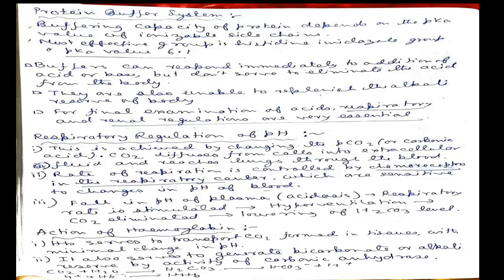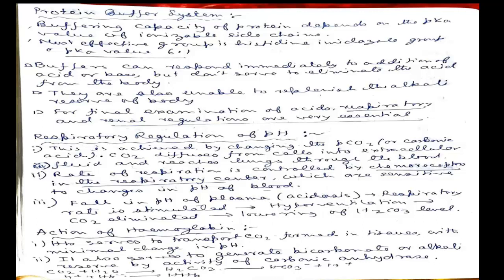Now, in the body 52% of buffer activity is in tissue cells and 6% is in RBC. The rest, 43%, is by extracellular buffers. In plasma and extracellular space, about 40% buffering action is by the bicarbonate system. That means it is the most important buffer system. 1% is by proteins and 1% is by phosphate buffer.